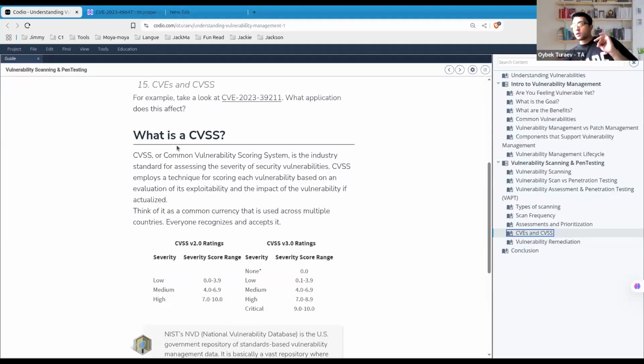Today most vulnerability scanners give reports with CVSS version 3, but sometimes with version 2 also, okay? So for CVSS version 3: 0 to 3.9 low, medium 4 to 6.9, 7 to 8.9 high,